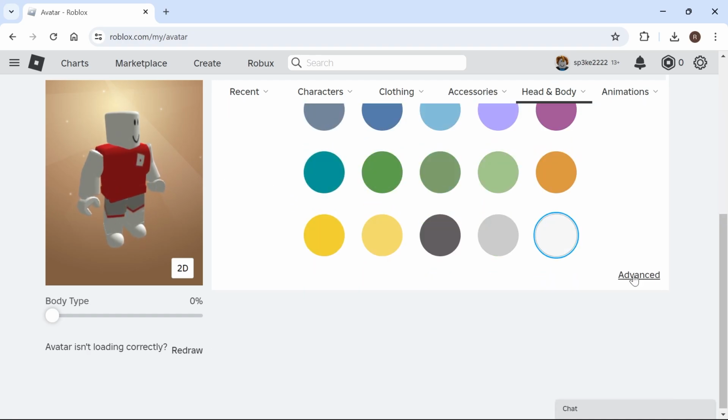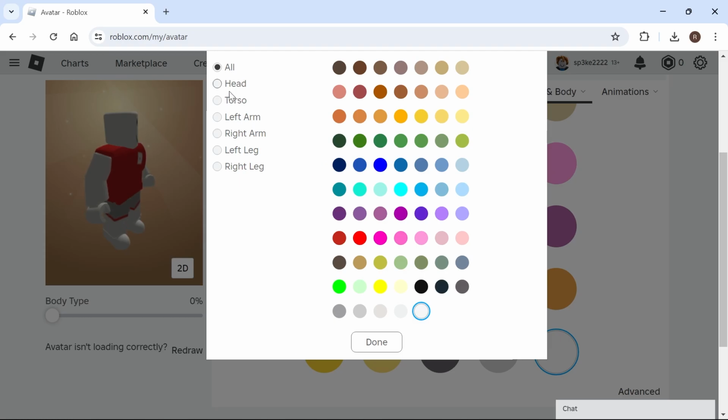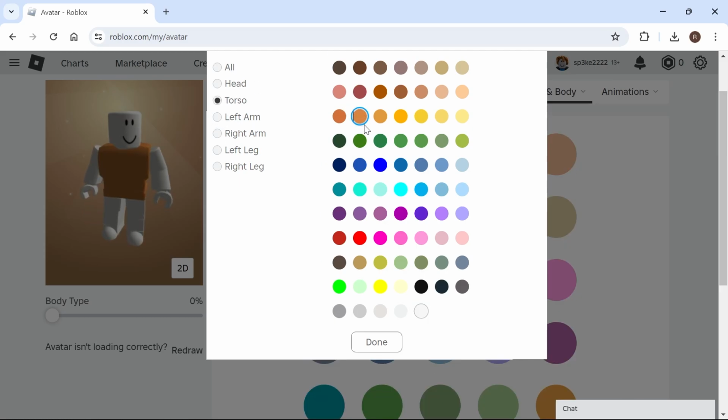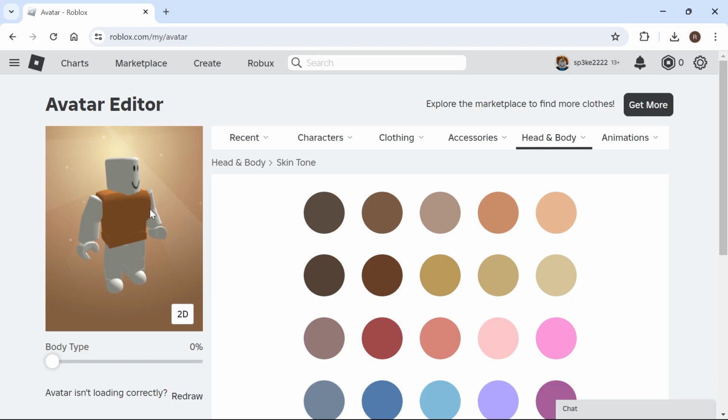And if we come down further into this advanced section, we can select all the different body parts that we want to change. So just go ahead and select the color that you want to use for each of these body parts, and once you're finished we can press done, and then by selecting a color this will remove the default clothing like so. And it's as simple as that, guys. That's how you remove clothing from your